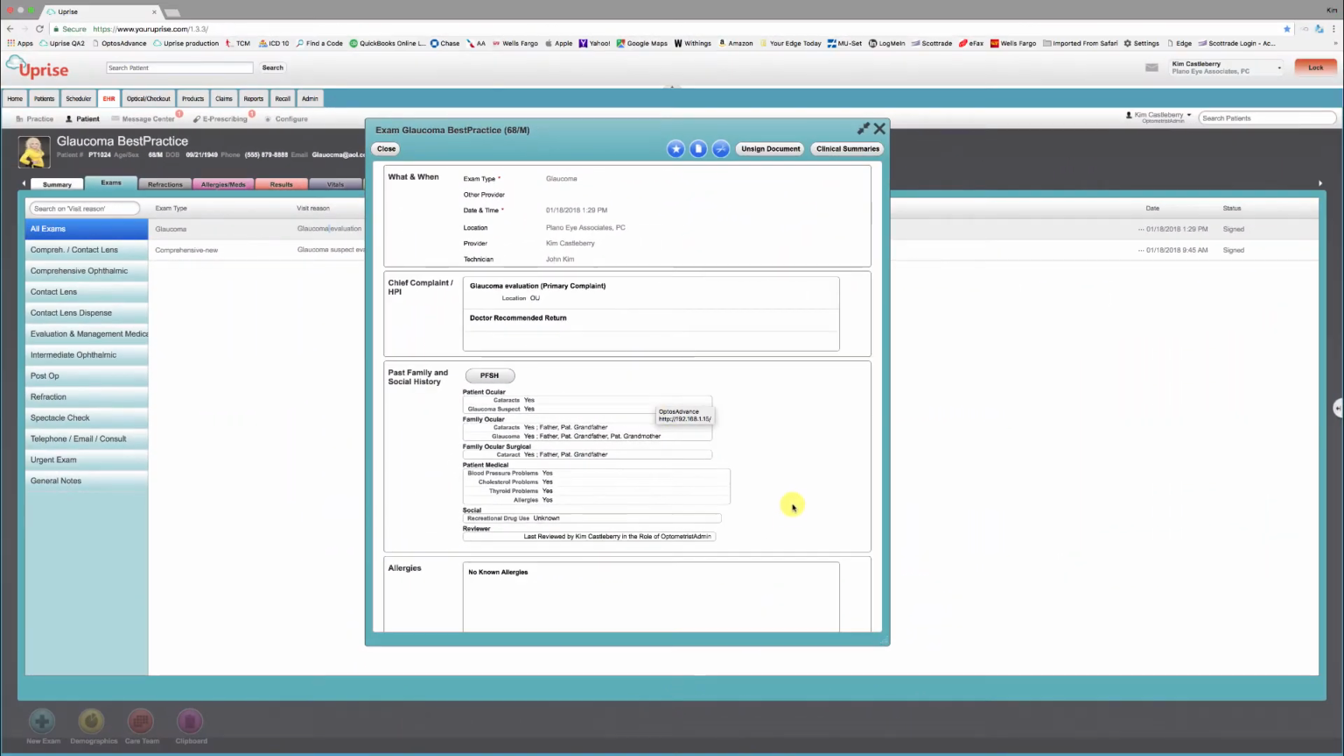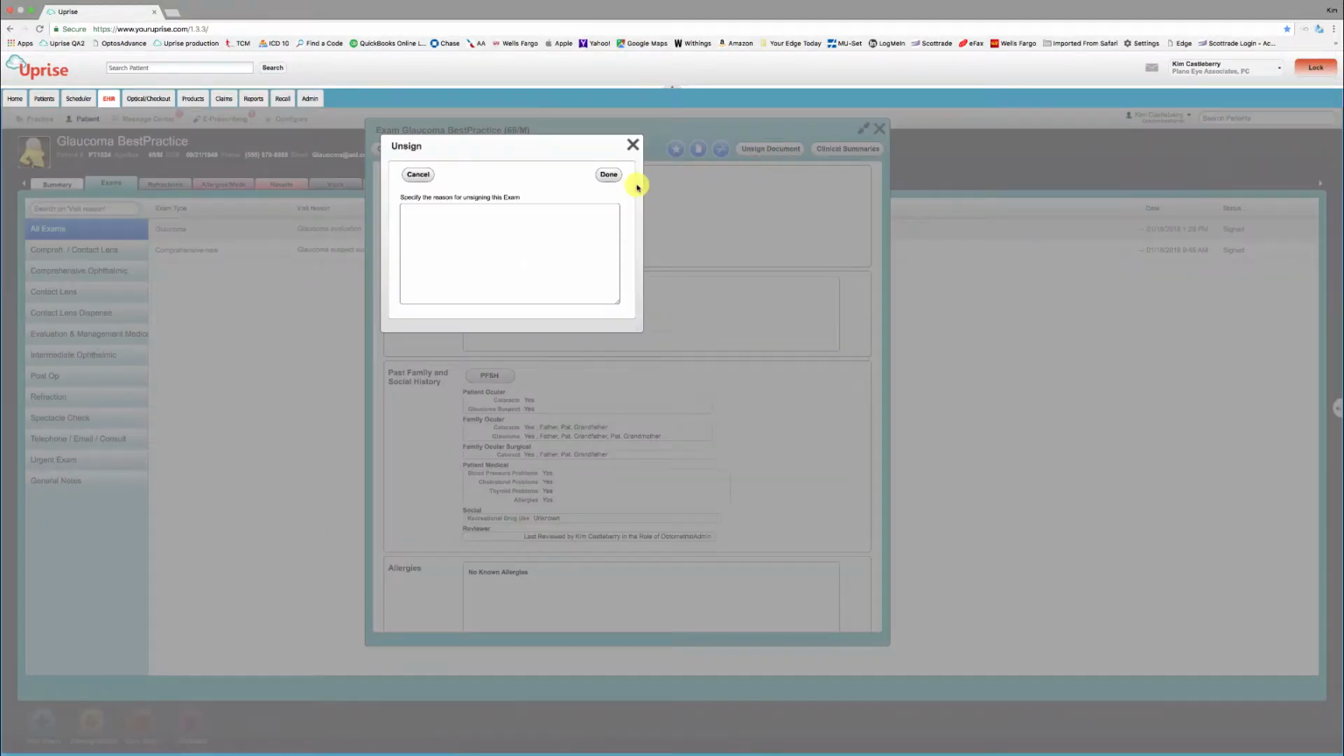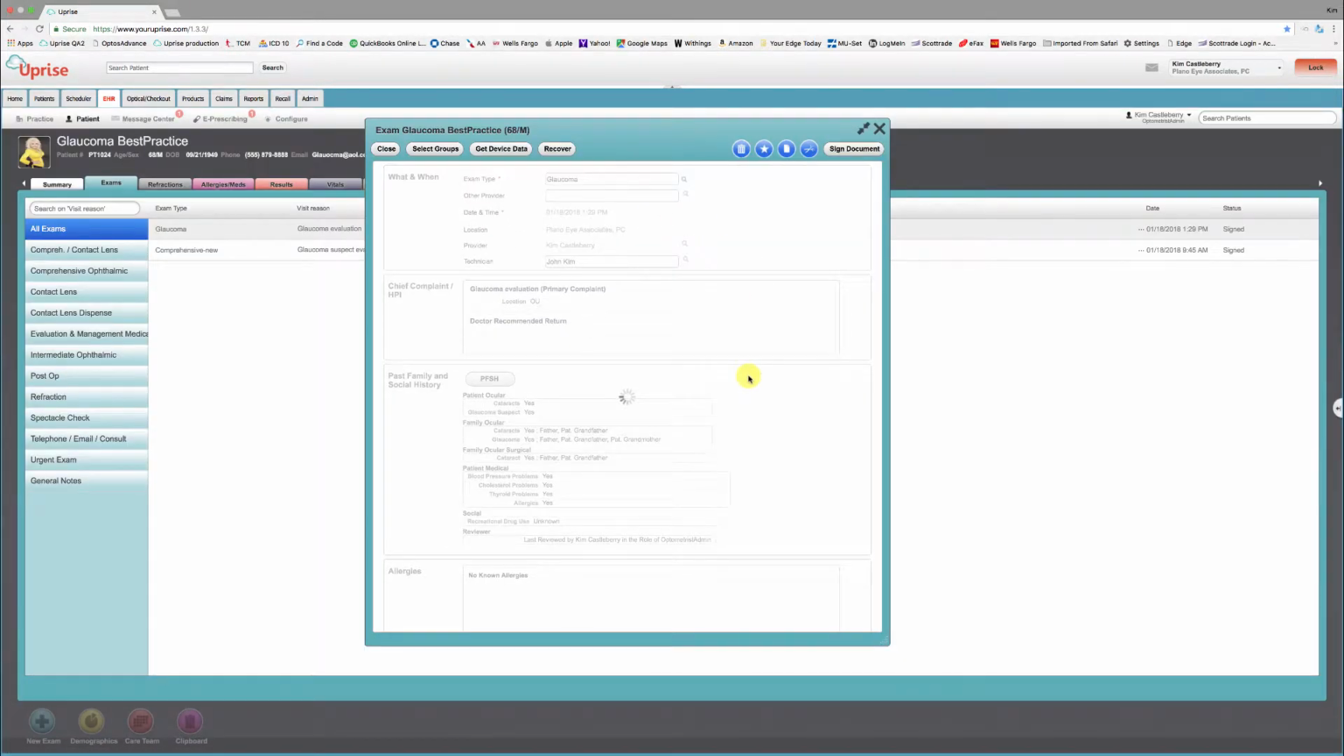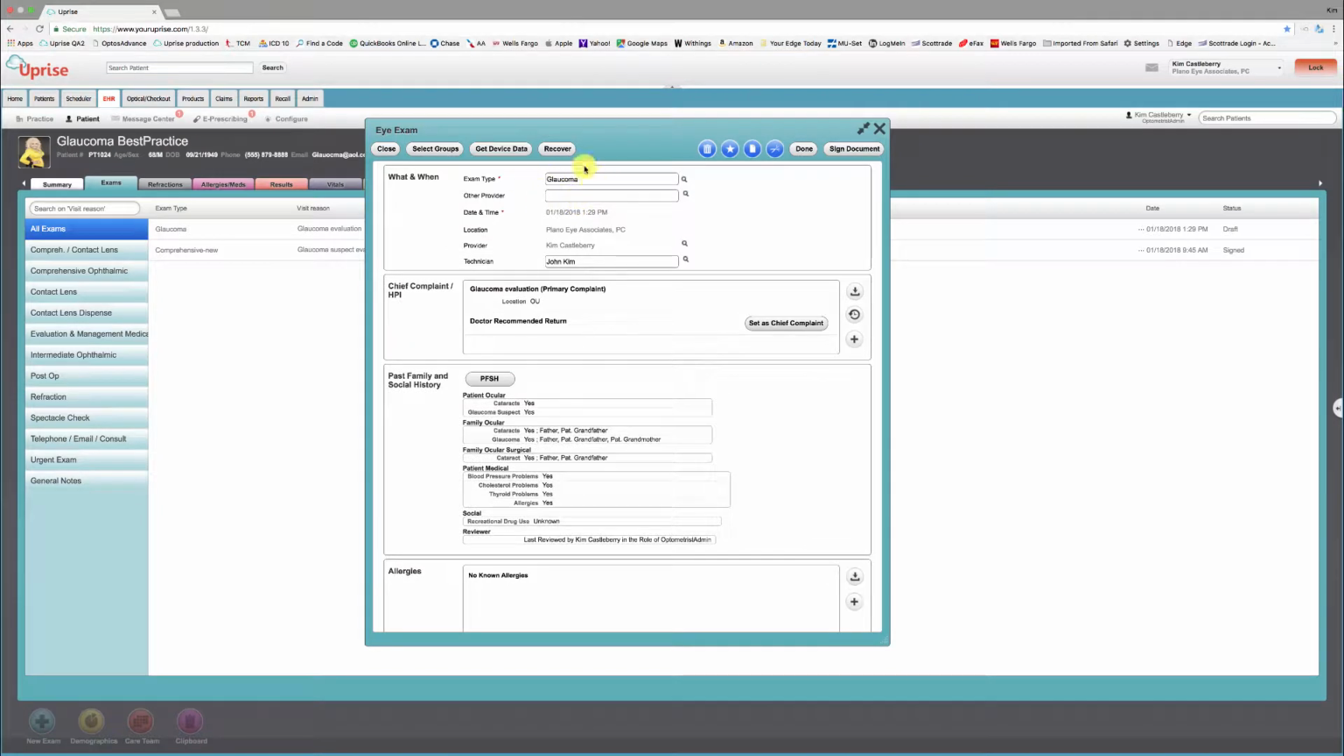Now let's deconstruct the exam and take a look at some of the details. I'm going to go ahead and unsign the exam record, and we can see the patient again was coming in for a glaucoma exam type, and the chief complaint was listed here as a glaucoma evaluation and a doctor recommended return. The past family social history was detailed here,